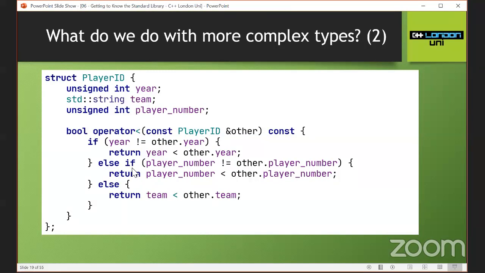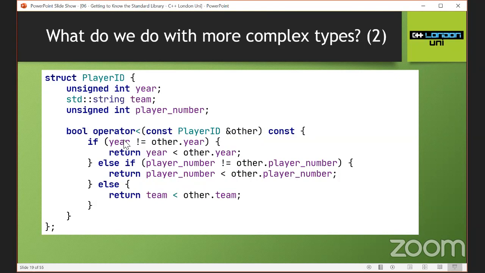It's also like natural ordering. Here, I'm not sure what's lesser than and what's greater than, and we don't care about it. We just need to create an order, and such order that if we pick any possible values, they will be clearly ordered. And the way I approached it is I took all the fields which can have different values, and for example, if I only take into account years, obviously there can be more than one player in the same year. Same goes with the team, and as we discussed, player numbers also can have collisions, and therefore,